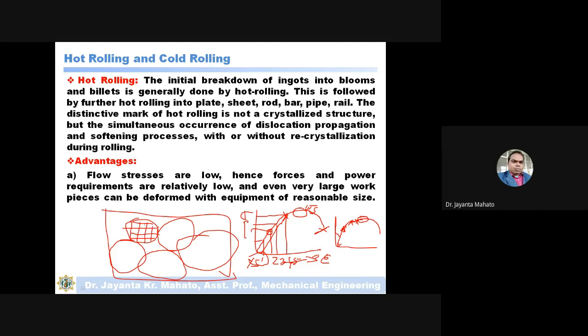In this case, suppose an edge dislocation is formed. But in this grain, all the atoms are arranged like this, meaning a different orientation.